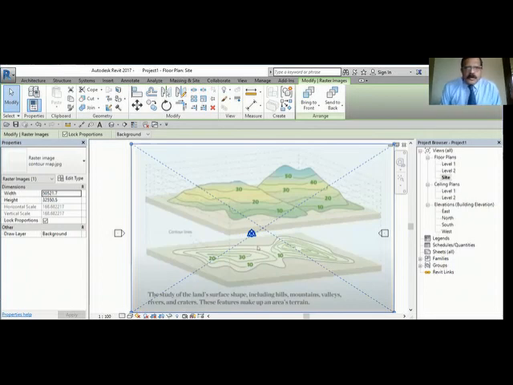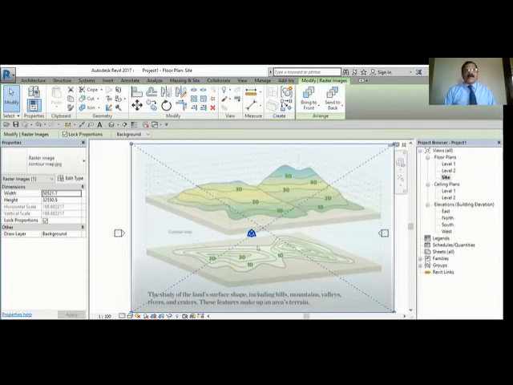Okay, so we are going to learn today what is topo surface, how to create a topo surface, etc. A topo surface is nothing but a 3D surface with different elevations. When you want to construct a house, you see that the site need not always be flat. There can be some ups and downs, some hills, some valleys. So how will you do a construction there? How will you create the profile of this topo surface in Revit? That's what we are going to learn.